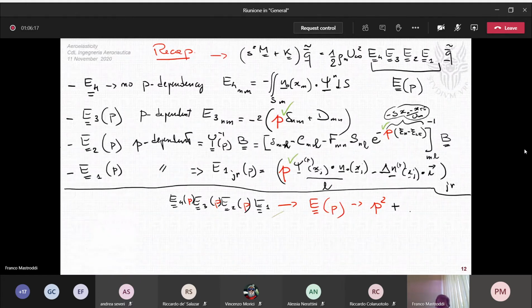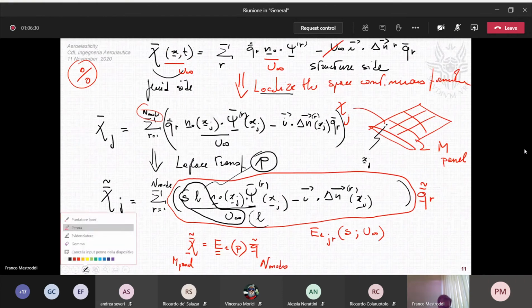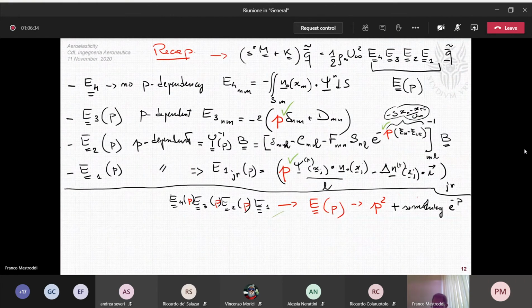plus something E to the minus P. Okay, minus P by C. So the dependency is,